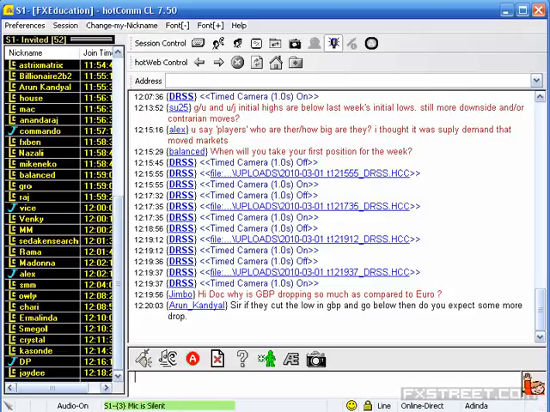Okay. SC25, GBP USD and USD yen. Initial highs are below last week's initial lows. Still more downside and/or contrarian moves. Okay. Now, as far as GBP is concerned, you know that it is predominantly used to create the market sentiment,